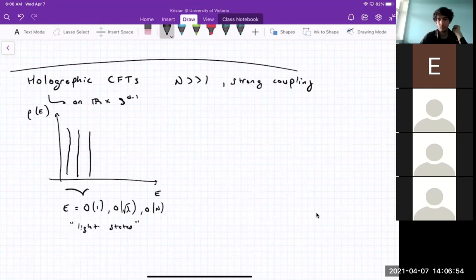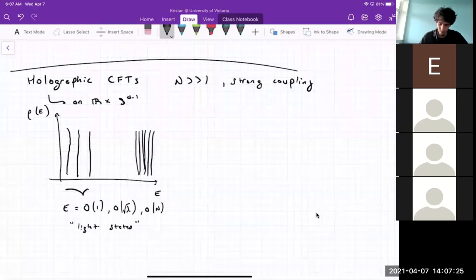In the canonical examples of AdS CFT, these states typically have an energy that is protected by symmetry, by the superconformal algebra. Well, there are those states, and then a generic state in the CFT has a very, very high energy. It's pushed off way over here, and there's an enormous number of them, much more so compared to the spectrum of light operators. And the spectrum of one of these CFTs is discrete,